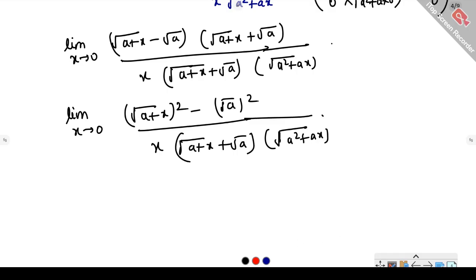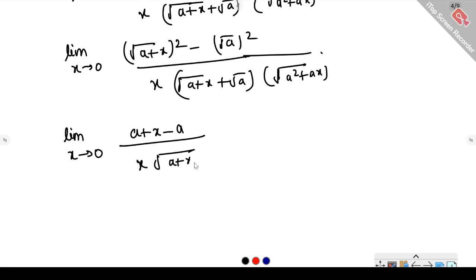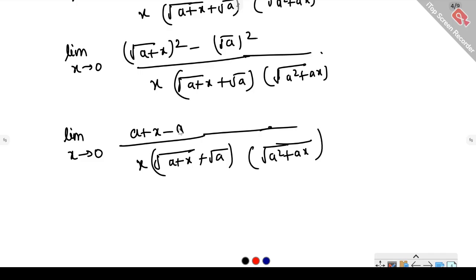Again, this is equal to limit x tends to 0 of (a plus x minus a) over x times (square root of a plus x plus square root of a) and square root of a square plus ax. Now this a and this x get cancelled. Now if you put x equals 0 in the denominator, no indeterminate form is obtained,